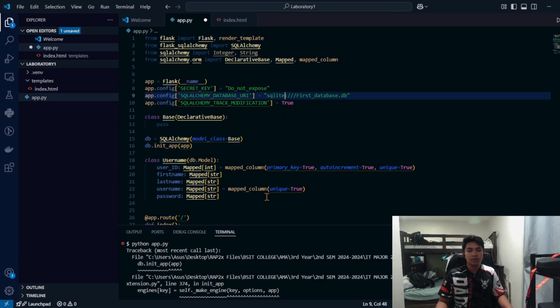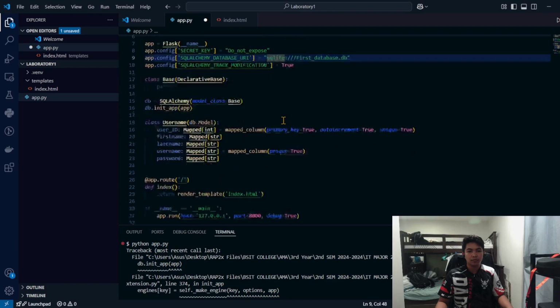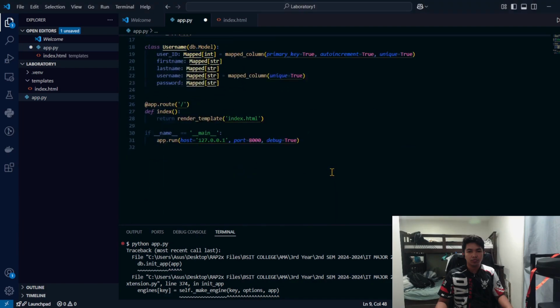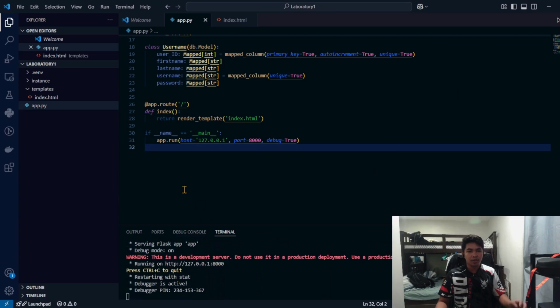SQLite. I think that's it. Okay, so the error is solved.